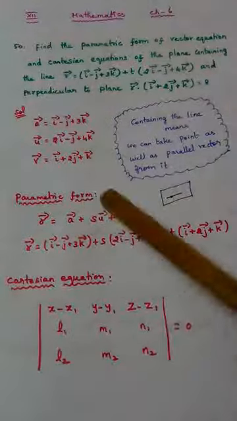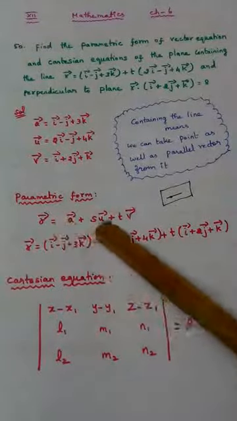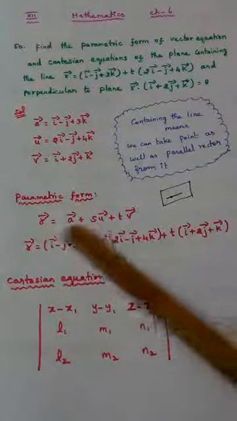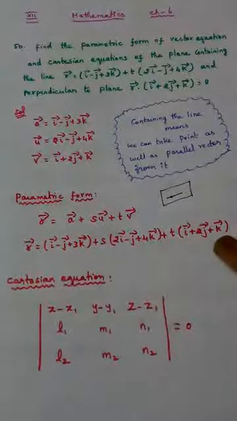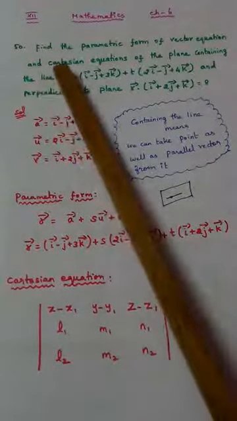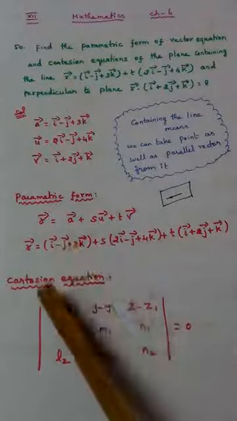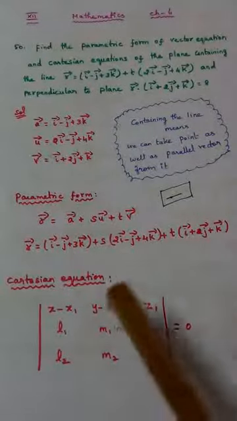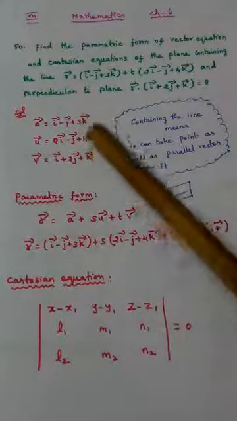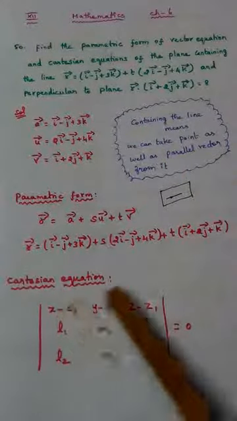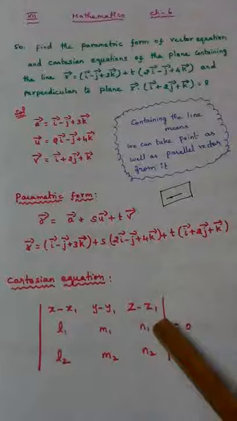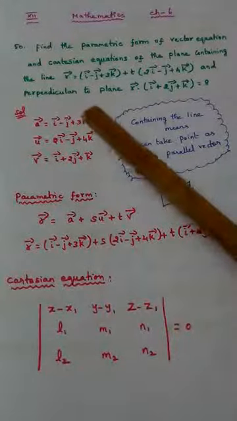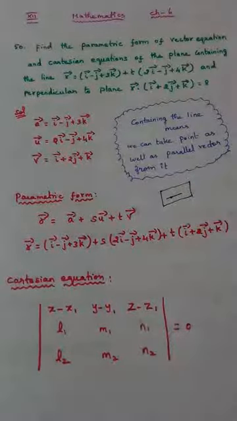So what is the parametric form? R vector equal to a vector plus s u vector plus t v vector. Substitute a, u, v in this formula so that you will be getting the parametric form. What is asked in the question? Also find the Cartesian equation. So write the heading Cartesian equation and write the formula for it. Since the plane passes through one point and parallel to two vectors, the formula is this, where L1, M1, N1 is the first parallel vector, L2, M2, N2 is the second parallel vector, and x1, y1, z1 is the point. So substituting the values in this formula, we will be getting